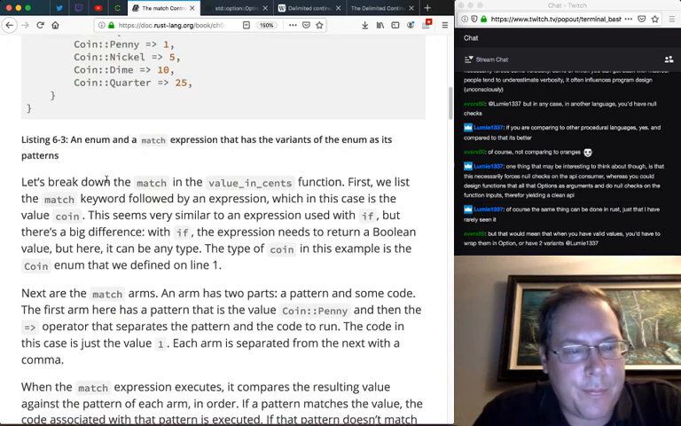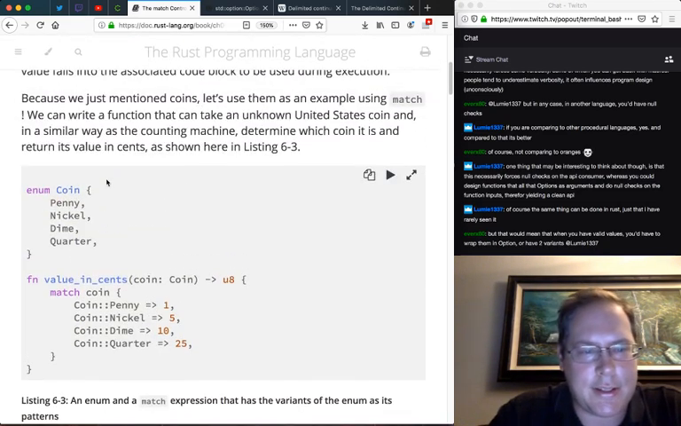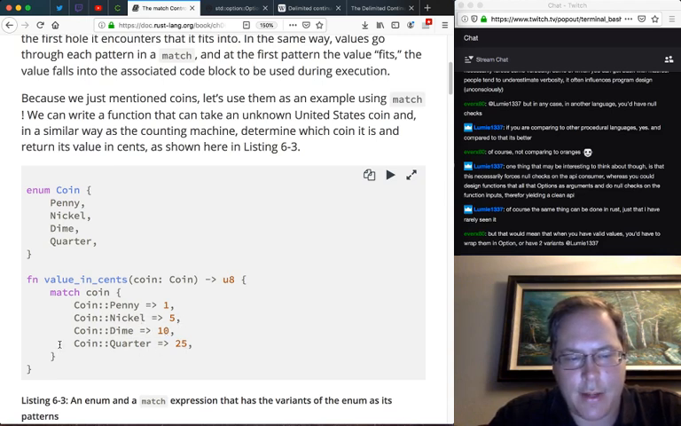Okay, so let's break it down. Match in the value in cents. Well, this is easy, right? So you got a penny, nickel, dime, quarter. You pass that in. And then coin penny is 1, 5, 10, 25. And then you just return whichever one it is. So